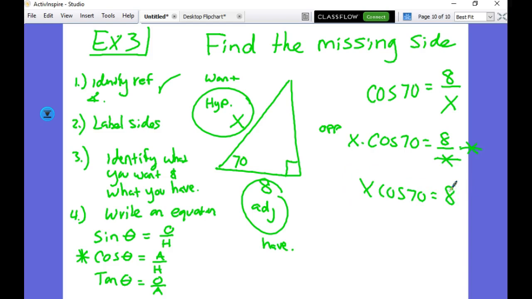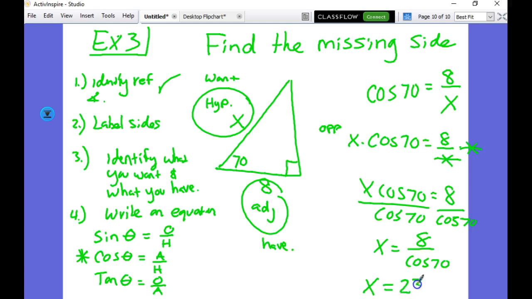You're going to divide the cosine, right? So now that's not a pretty thing to look at. We're going to actually use our calculators to turn this into an answer now. So on your guys' calculators, I want you guys to push 8 divided by cosine of 70 and see what you get. So if we punch that into our calculator, we should be getting